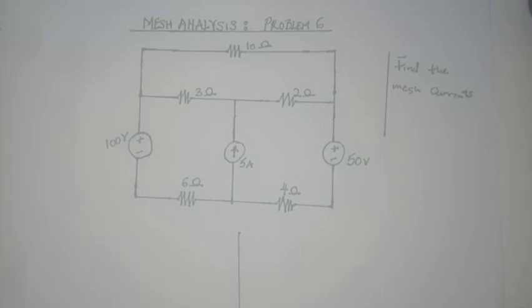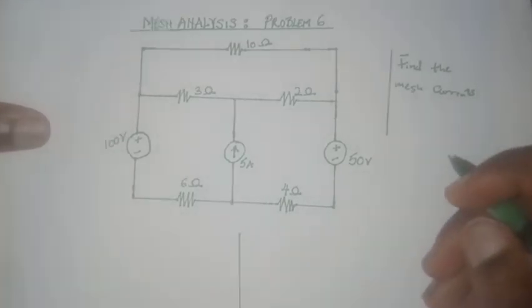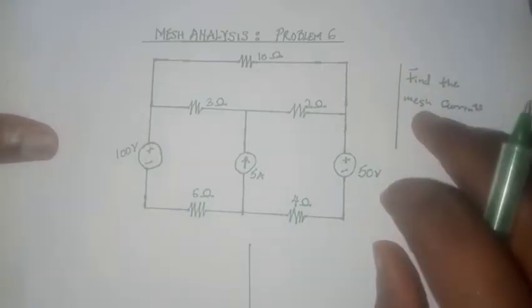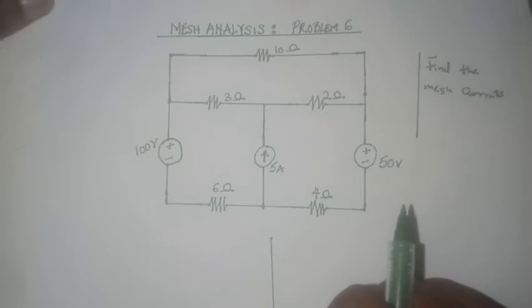In this video, for the first time, we will be using mesh analysis to analyze a circuit that contains a current source. It is quite difficult to write a KVL equation in a loop that contains a current source, but there is a way to approach this problem. So the first thing we want to do when using mesh analysis is